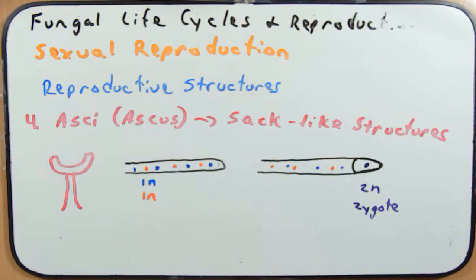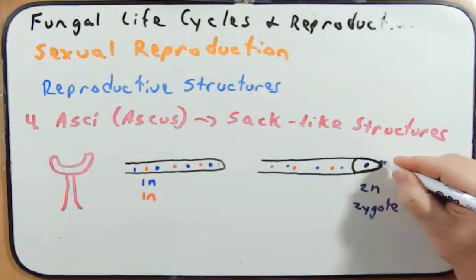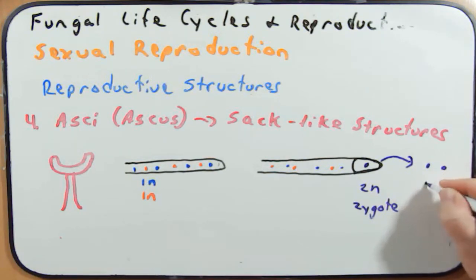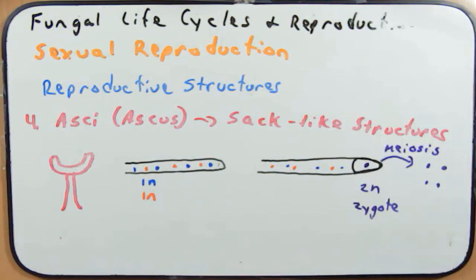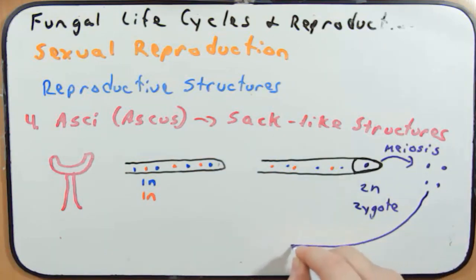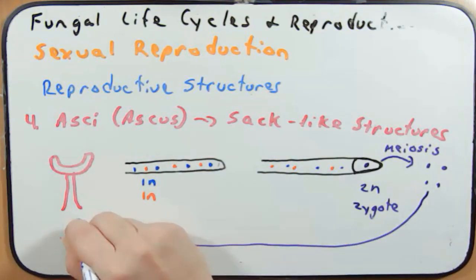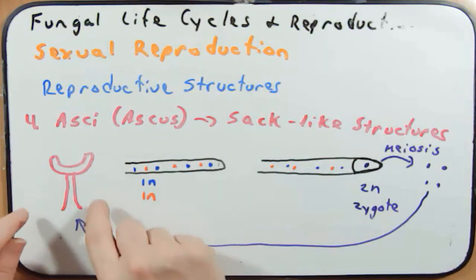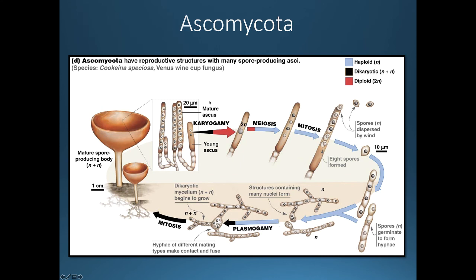But each of these zygotes now will produce 4 haploid spores through the process of meiosis. Each of these spores then will land on a substrate, hopefully some kind of nutrient, and will then again germinate and begin to form hyphae until they ultimately form a new aggregated hyphae structure, such as we see in this. So again, now let's look at this figure here that shows you where the asci fit into the life